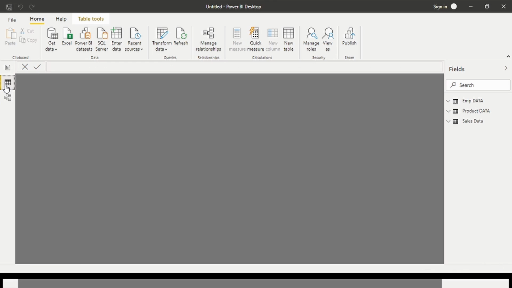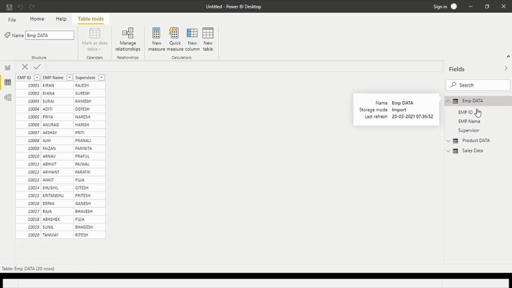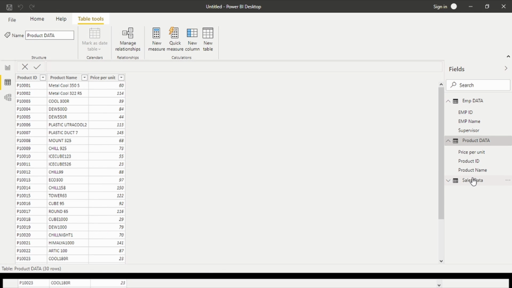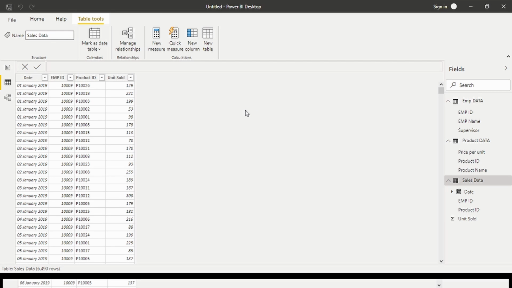Then move to data to see that all data is correct. Employee data is correct. Product data is also correct. And sales data is also correct. We need some more parameters to analyze the sales, like revenue, incentive to supervisor, expenses, and incentive to the employee.